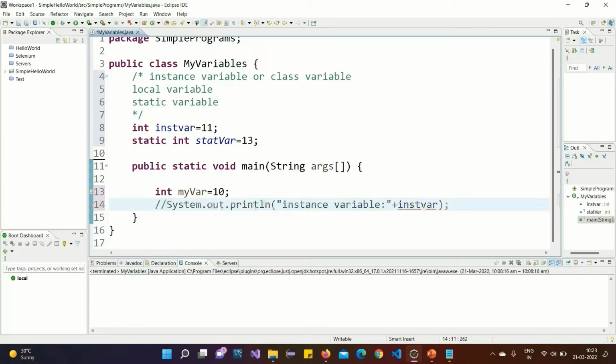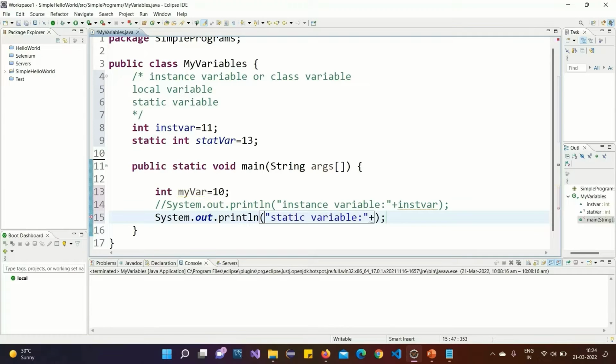Now let me access the static variable. Here you can see I can access the static variable. It doesn't throw an error,